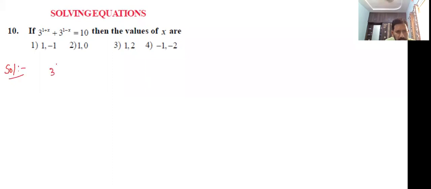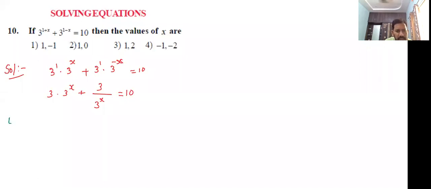That is, we can write 3 power 1 into 3 power x plus 3 power 1 minus x, that is 3 power 1 into 3 power minus x, equal to 10. 3 power minus x, how to write? 3 power 1 into 3 power x plus 3 by 3 power x, that is equal to 10. Now,